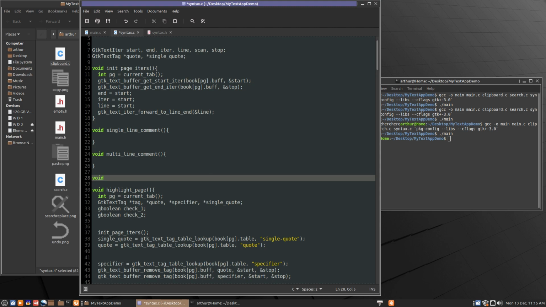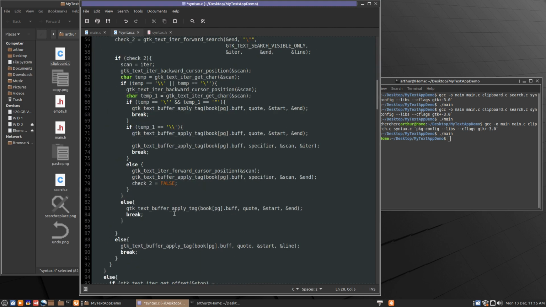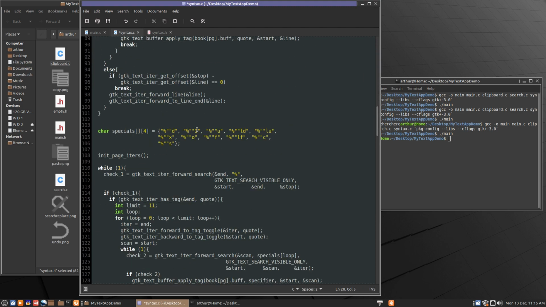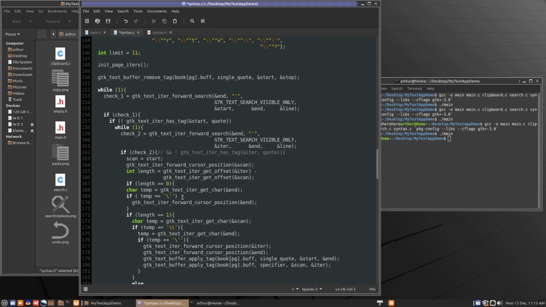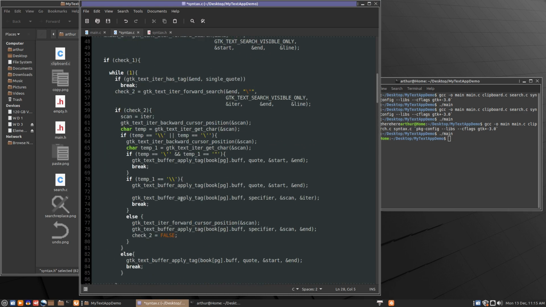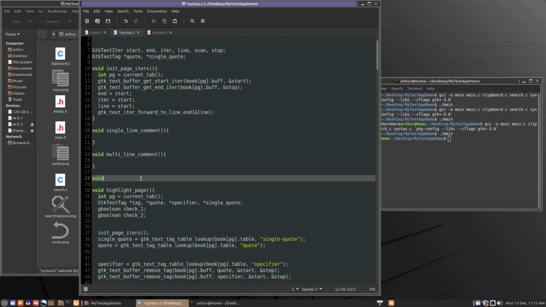Now I'm not sure on our format specifiers and escape sequences if we should bother putting those into two functions or just to put them into one. So what I'm going to do is just call the function special,